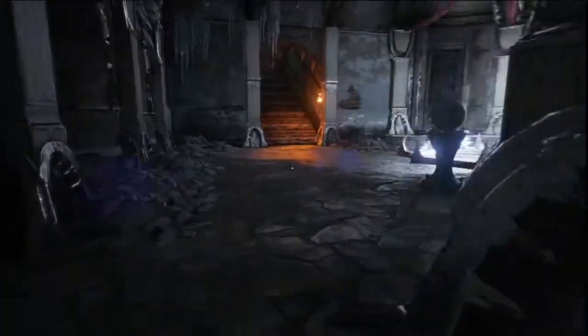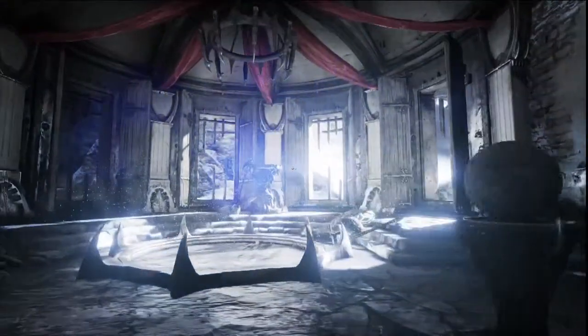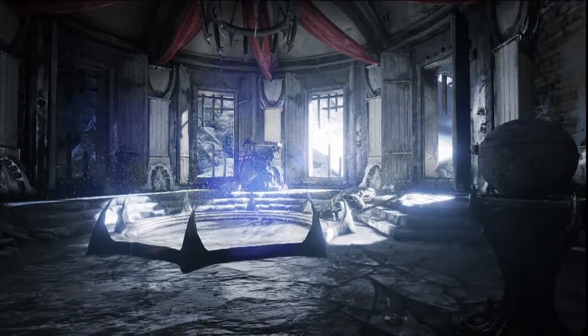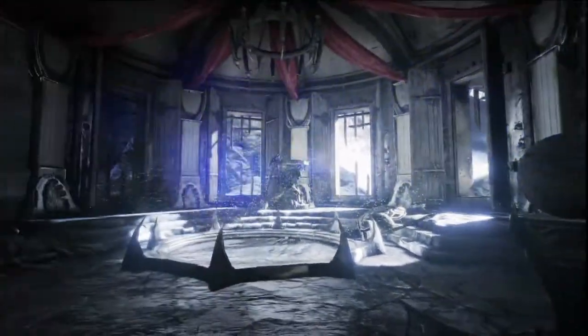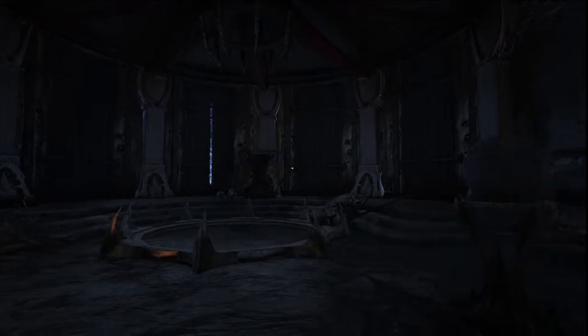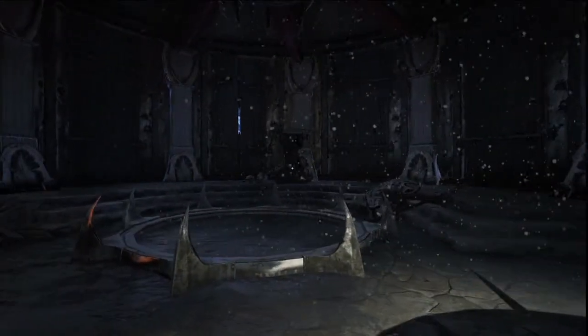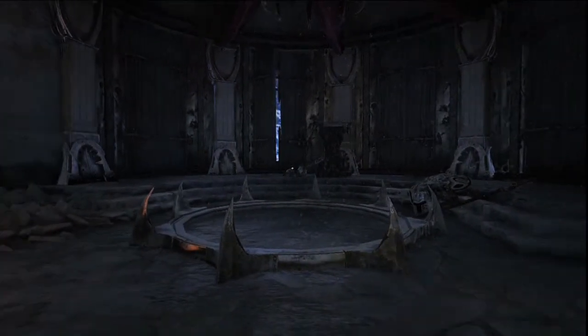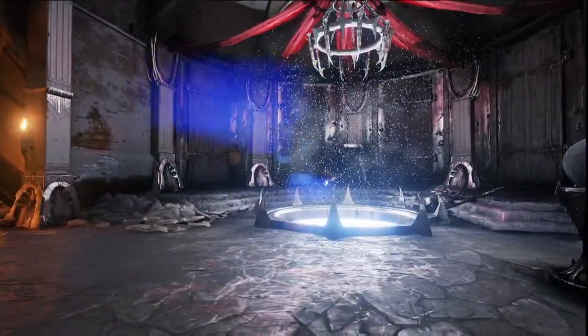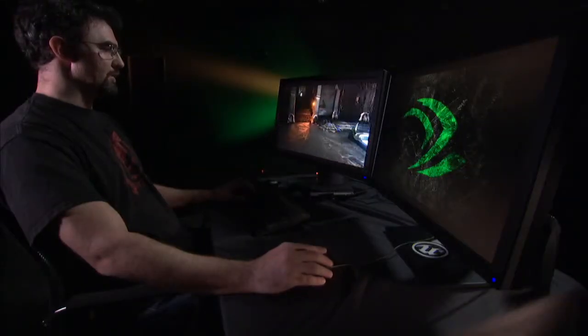This room is highlighting our improvements to post-process. We now have per pixel lens flares, so any bright element in the scene will become part of the lens flare, as well as full eye adaptation. So if the windows were to suddenly close, my scene becomes dark, my eye adaptation will adapt the focus exposure, and then if the floor were to collapse, I have bright elements on my scene, so my lens flares are back,